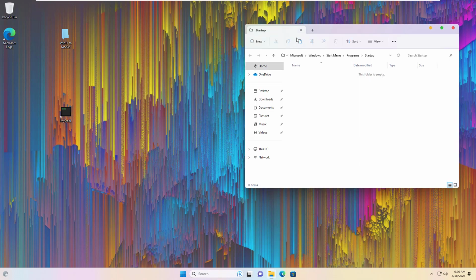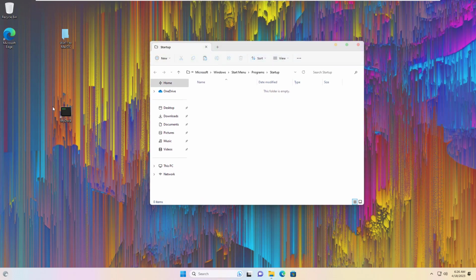Next, you add the newly created shortcut to the Windows 11 Startup folder to make sure it is always visible at System Startup.